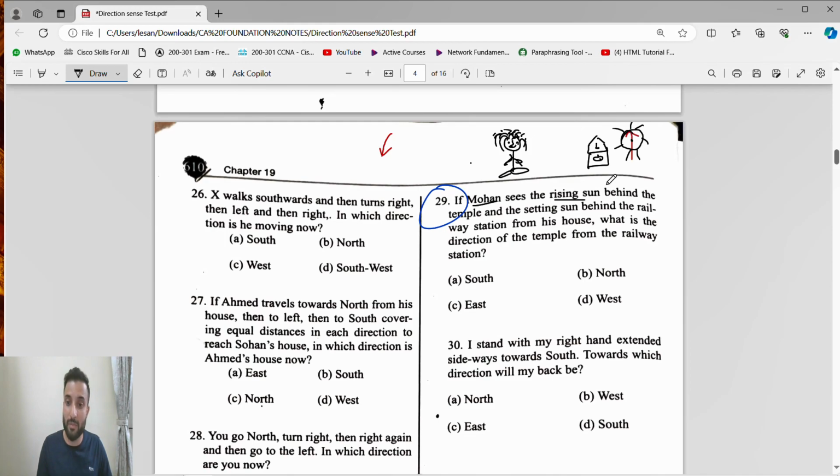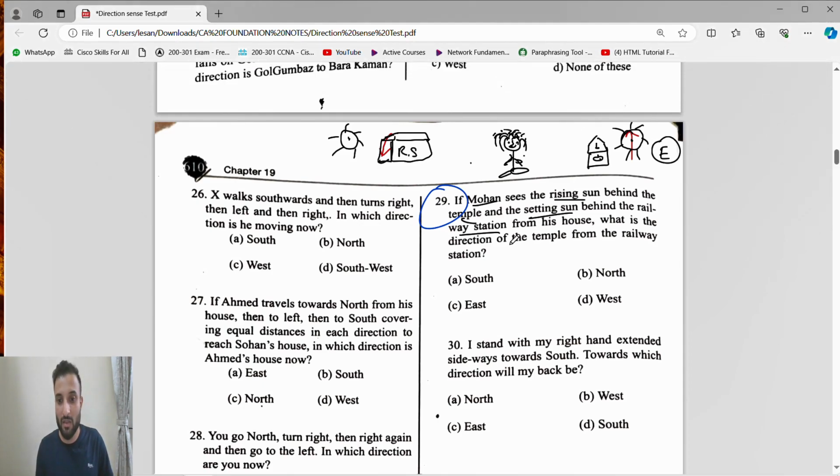So see, Mohan is here behind the temple, he is seeing the rising sun. Okay, mean the rising sun is in the east. And setting sun, so sun is setting here. Setting sun behind the railway station. This is the railway station. ट्रेन आ रहा, ठीक है, रेलवे स्टेशन है। तो Mohan sees rising sun behind the temple and setting sun behind